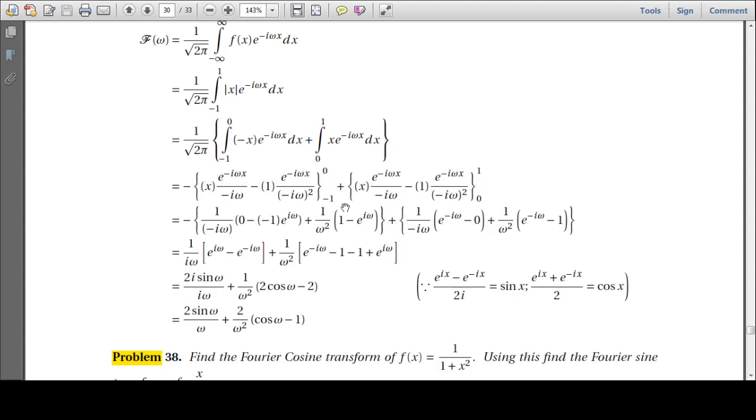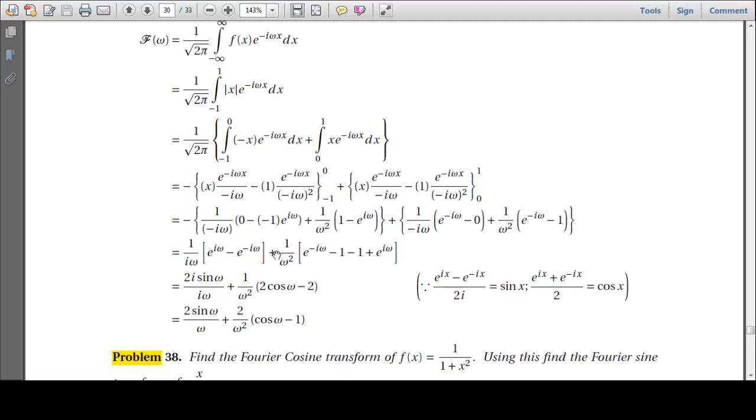Plus we do the same thing here but the limit is different, so minus 1 by i omega into, when I put upper limit 1 into e raised to minus i omega, minus, when I put lower limit 0 into e raised to 0 is 1, that is 0 into 1 is 0. Plus here minus i square is minus 1, minus into minus is plus, plus 1 by omega square into e raised to minus i omega minus 1. When we simplify this expression, I got 1 by i omega into e raised to i omega minus e raised